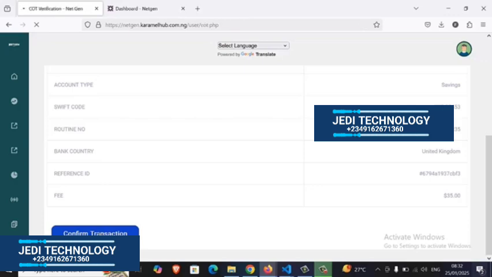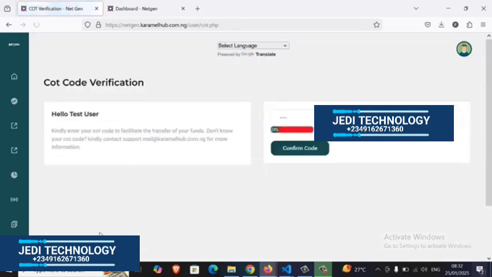All right. Okay, now this way you actually have to insert your COT code for this particular transaction. So you actually have to contact your support to give you this particular code. So I already have my code here, so I know my COT code, and also the COT code can also be gotten from the admin side. So I will show you guys later on how you can get your COT code and all that. So put my COT code here,